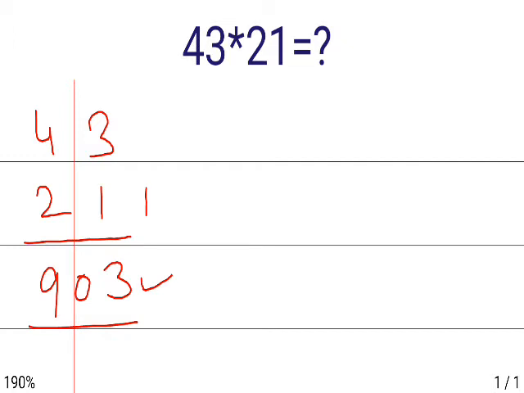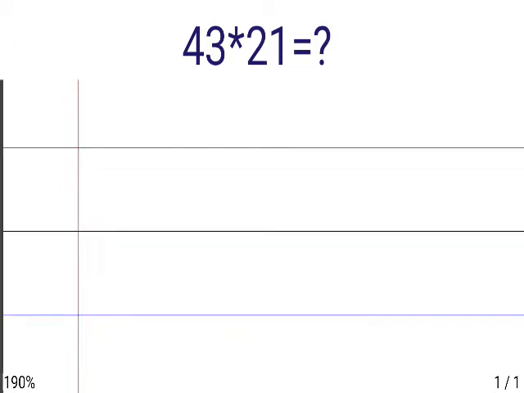I am going to explain this step by step. Let's start the process of how we have to multiply these two numbers with each other within seconds. It's not a big deal, just learn it and do some practice. You'll also do this at this fast rate. So we have numbers 43 and 21 to be multiplied with each other. For the first step, we multiply the unit digit of one number with the unit digit of